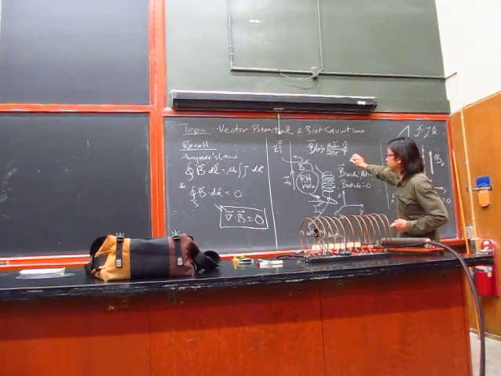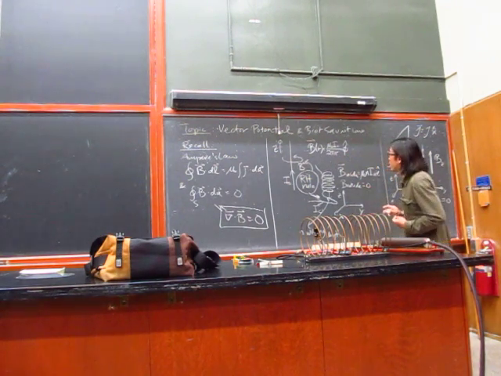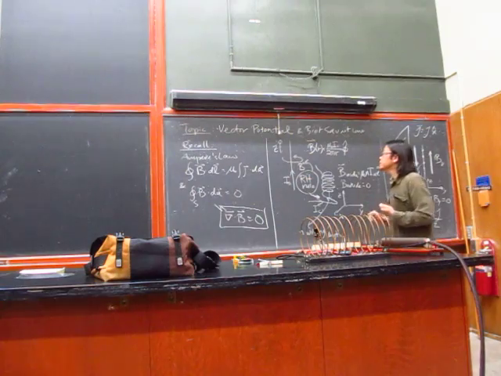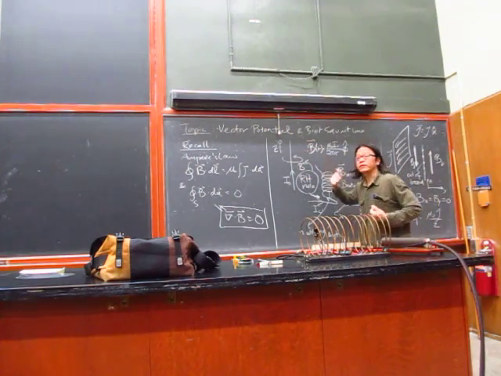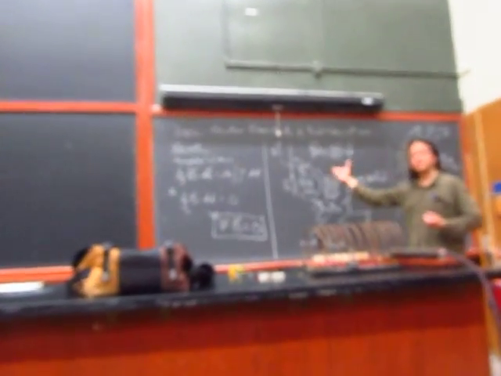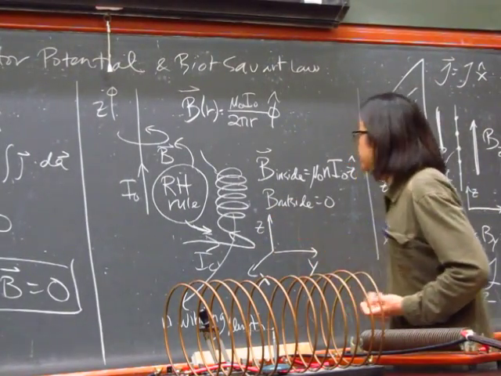Again, the B field from the current is proportional to 1 over R and linear in I naught, and is tangential, right? It's given by the right-hand rule. The thumb is pointing in the Z direction, and the B field is along the direction of the fingers. Okay? And when we did solve